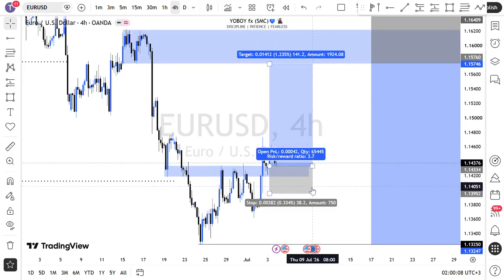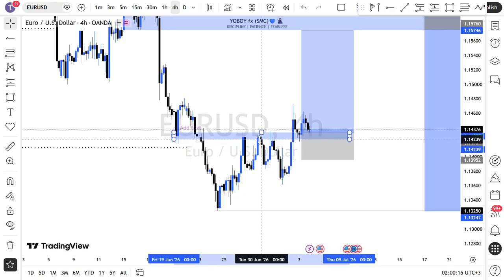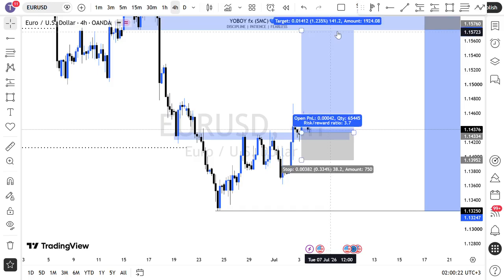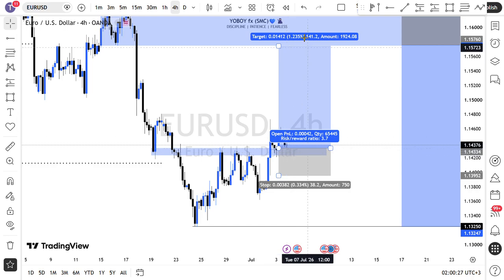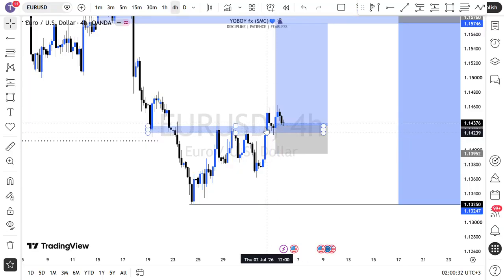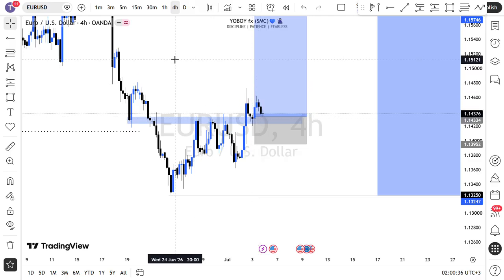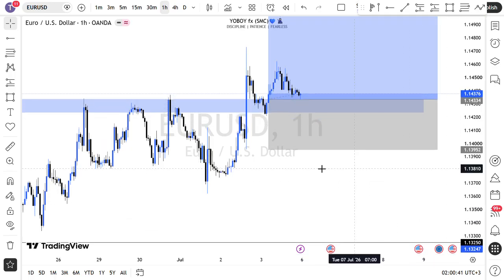And according to our last analysis, I told you guys that we have a very strong support and resistance level at this point here. And I told you guys that once the market takes out this support and resistance level, we look to take our buys from this area, this point of interest. So as for now, you can see clearly that the market took out that area, and right now I expect more buys to the upside. So if I drop down into the lower time frame so that we can have a clear structure,